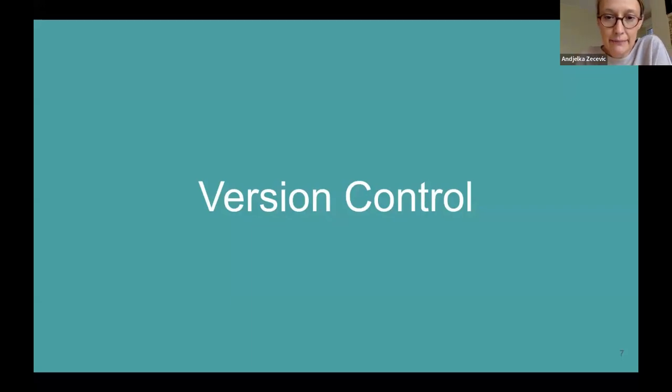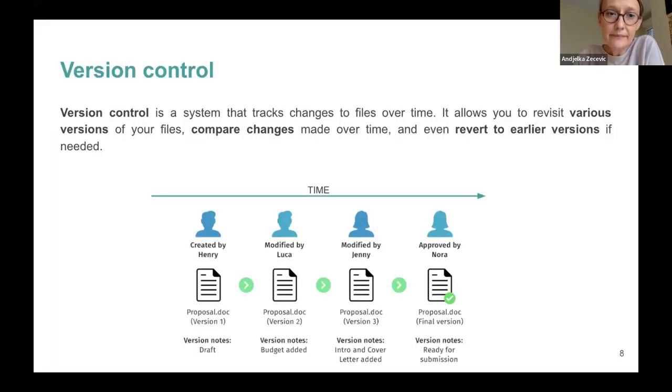As their name implies, these are systems able to track changes to files over time, and they can be aware of who did the changes and when, and what the change actually represents. And we can imagine a small team of 4 members working on a joint proposal